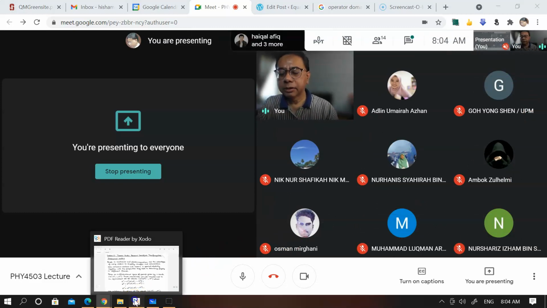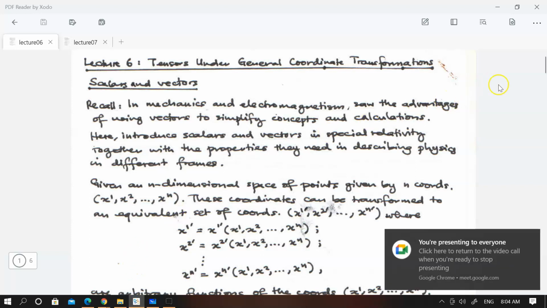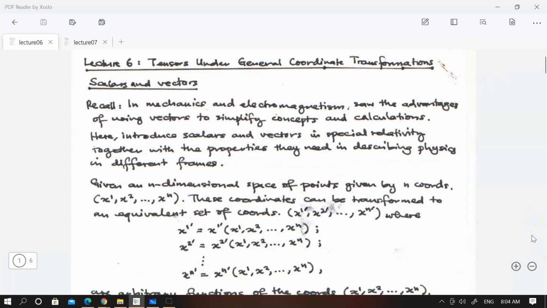we'll introduce tensors here, but we'll begin with scalars and vectors because these are things known to you from high school. They are part of the general objects called tensors. Why are we doing this? Essentially because these objects tend to simplify things when it comes to describing certain kinds of physics. For example,